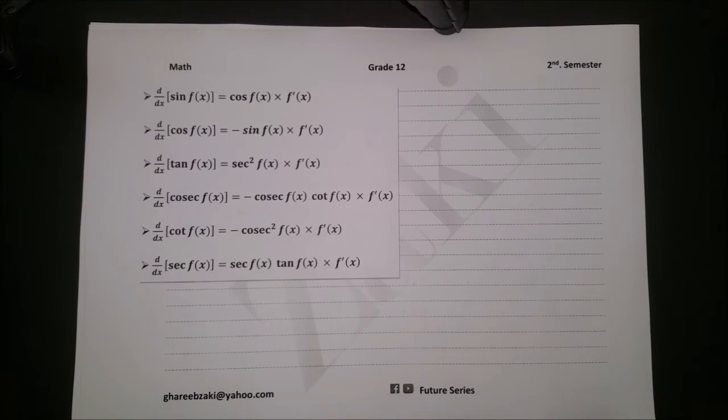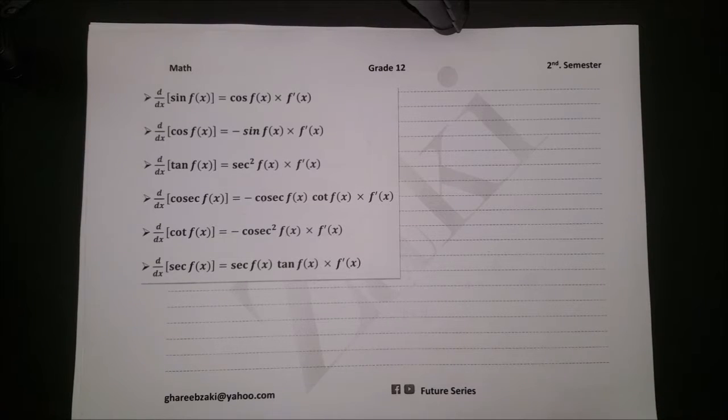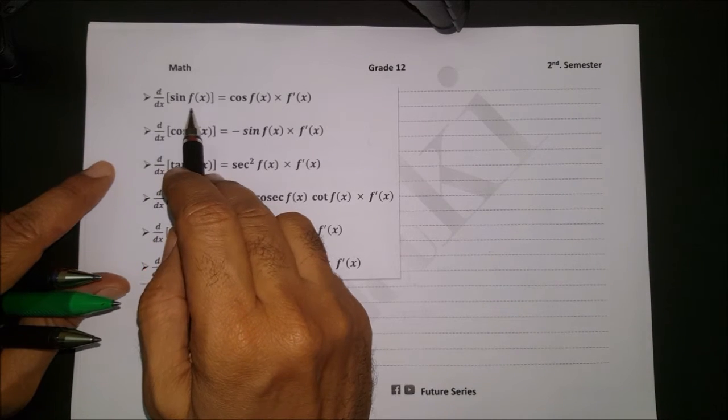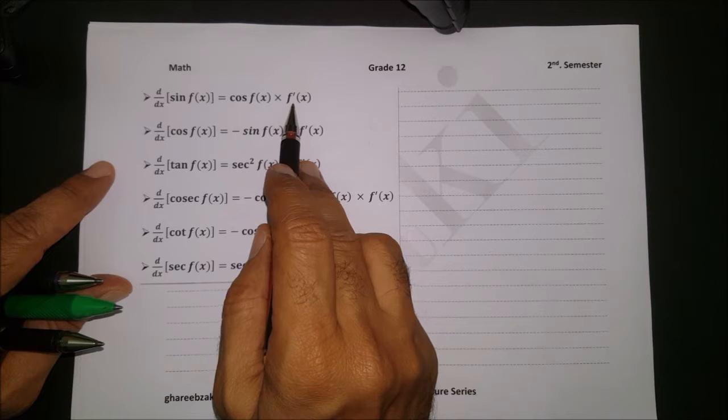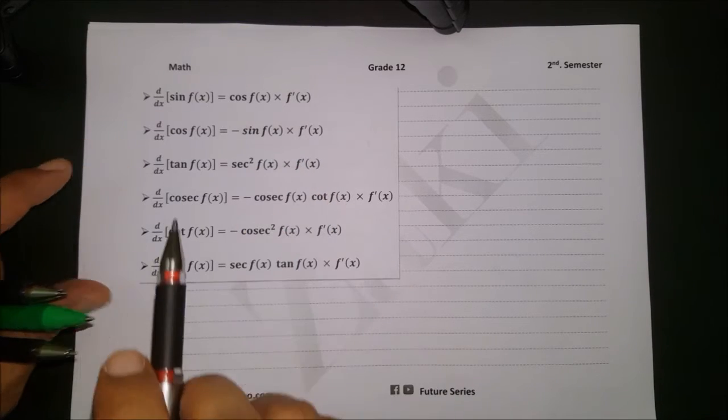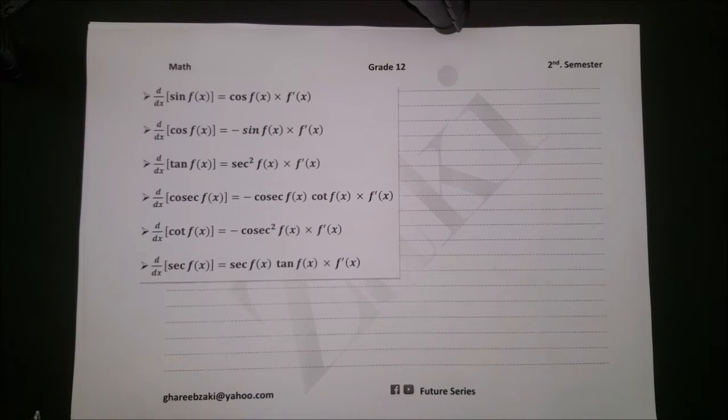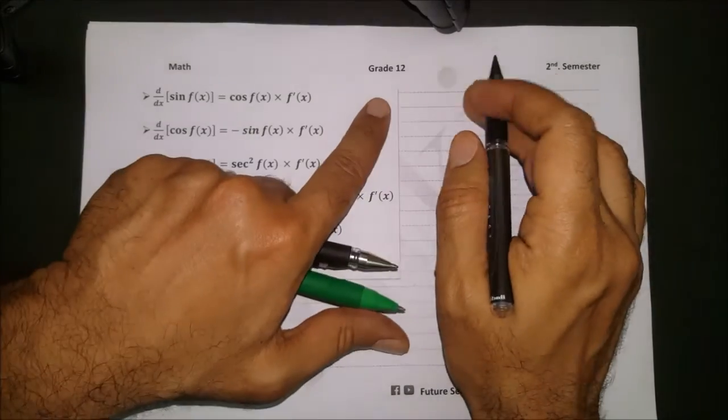Hello everyone, in this video I'm going to explain differentiation of trigonometric functions. Differentiation of sine f of x is cosine f of x multiplied by the derivative of the angle. We take an example of each one. For example, about this,